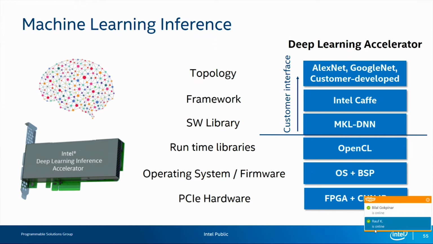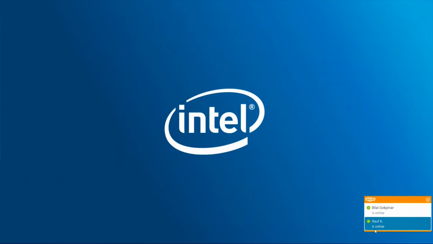A machine learning framework is available today, and we have a dedicated product for it. If you are interested in trying it, it's called Vista, the Deep Learning Inference Accelerator, that's the product name. And it can basically accelerate AlexNet, GoogleNet, and some other topologies on the FPGA. And that brings me to the end of the discussion before